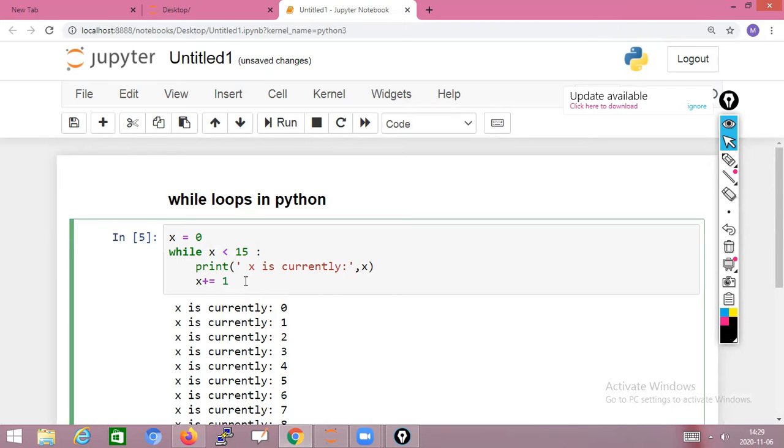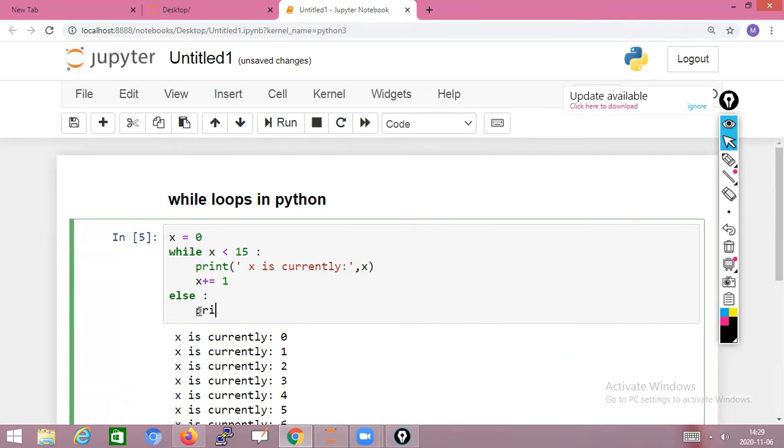So in this while loop, if you want to add some more, that means I'm adding some else part. It is printing up to 14, so why is it not printing 15? Because only when X is less than 15 will it print. So when X is less than 15, it is printing. But after 14 it is not printing. The reason is X value is no longer less than 15. So that I am writing here. After printing 14, the X value is 15. So 15 means it won't print, so it will come to the else part.